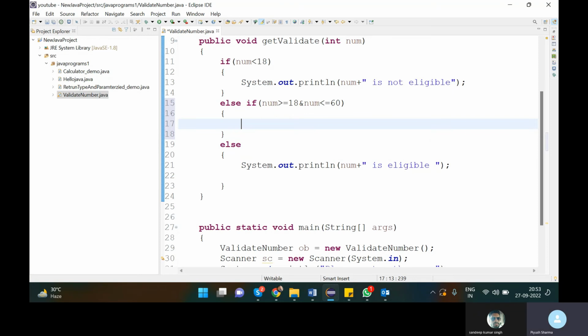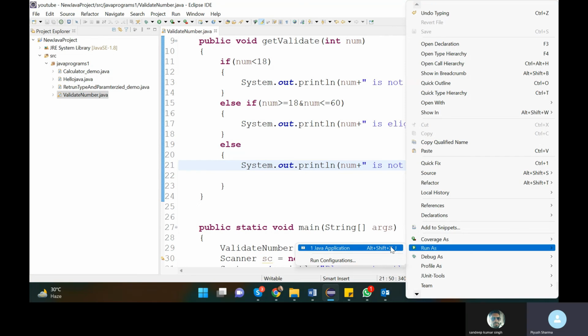The output will be number plus is eligible. Else if number is greater than 60, then the output will be number is not valid.